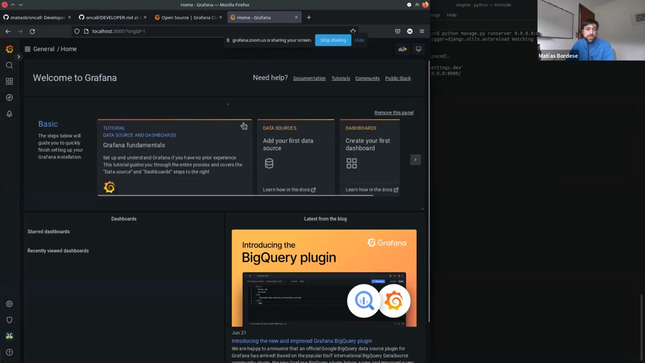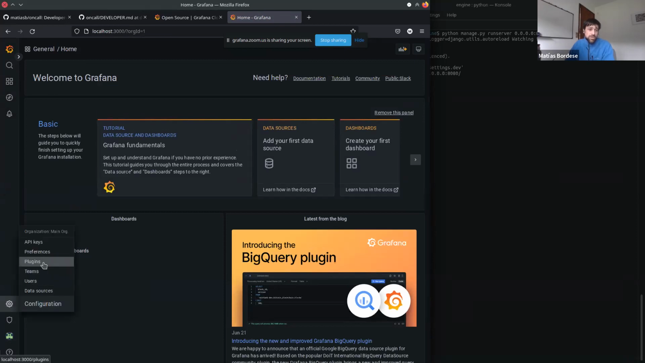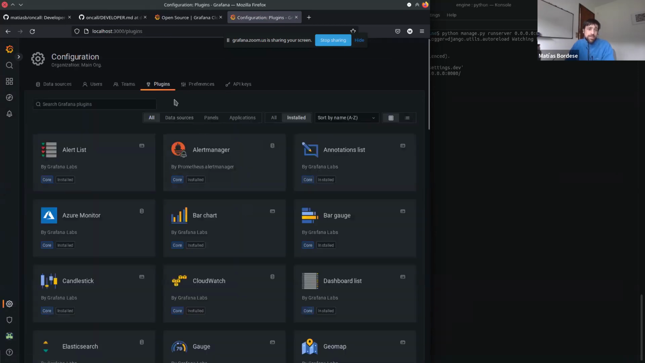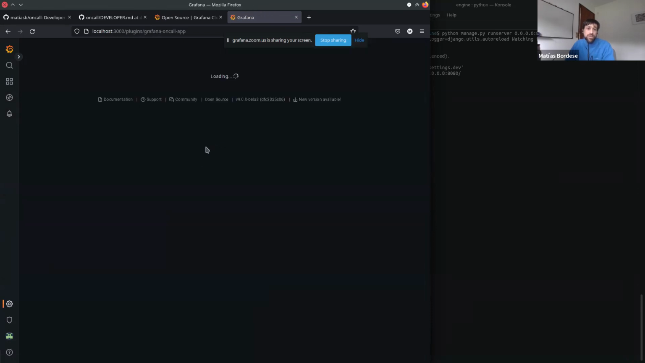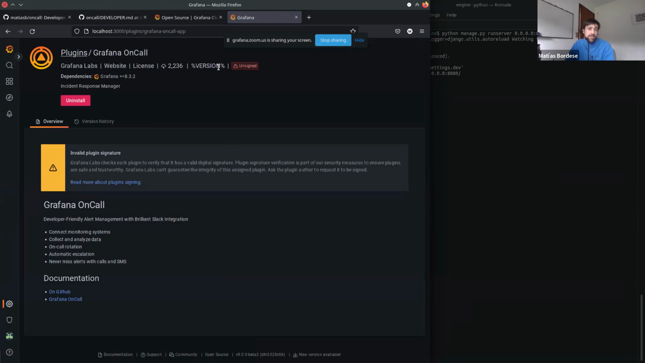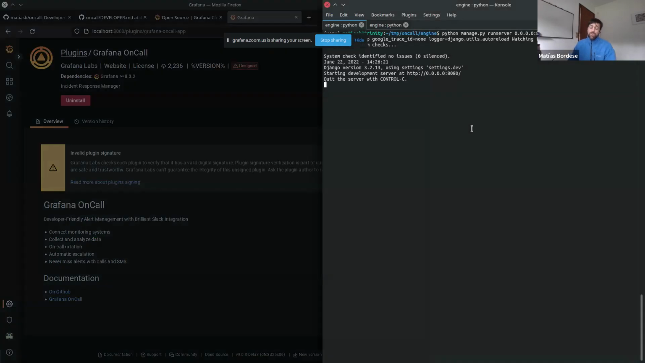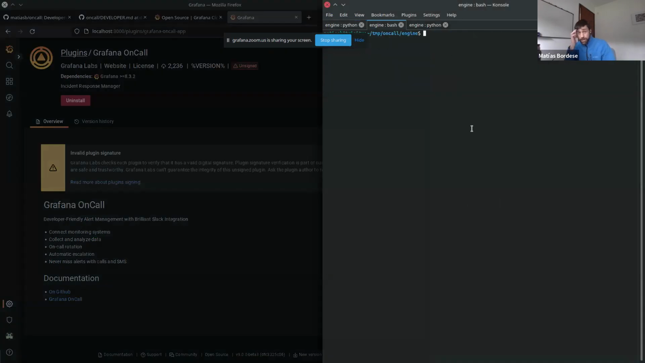And here we are in our Grafana instance. As you can see, there is no OnCall plugin yet. For that, we need to go through the plugins UI. We should see Grafana OnCall here. However, since we didn't build the plugin locally, we will see something like this, and we don't have any setup page available. That means that we need to compile the plugin and make it